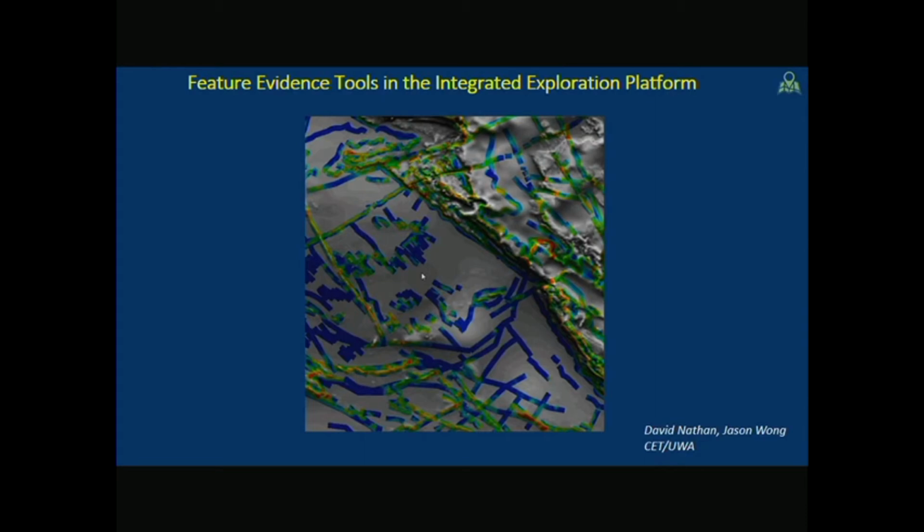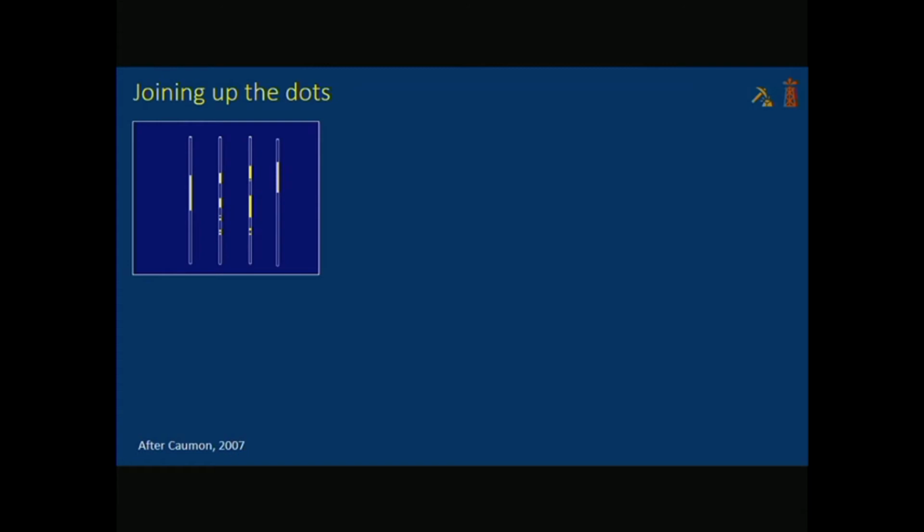And I forget who did this interpretation. Was it you or Vashek? It was you. So it's Mark's interpretation based on the same data, and where it's green or red, it's saying that this software agrees with or thinks that there's very good evidence for these signals, and where it's blue, it means that it's weaker. But Mark was using his brain, whereas this software was only using 2 or 3 different aspects of the signal. So there's quite a lot of work to extract Mark's brain and put it into the computer, but this is the direction that we're going in anyway.